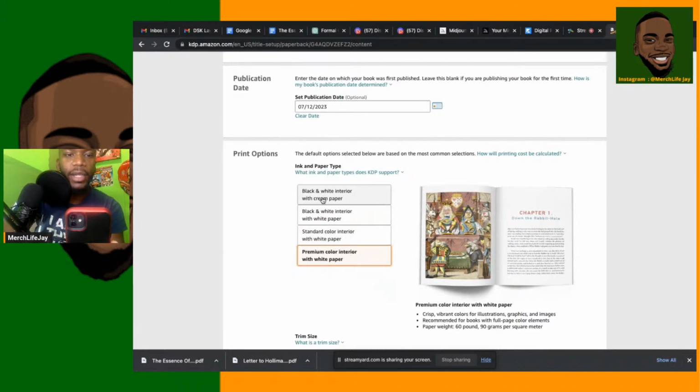So we got black and white interior with the cream paper. Wham. And remember, the cream paper is that sort of chalky feeling, like parchment type of paper. If that's the style of your book, then I would choose that. And then we have black and white with the white paper. The white paper is the normal paper you would find in the Bible, or you would find in a